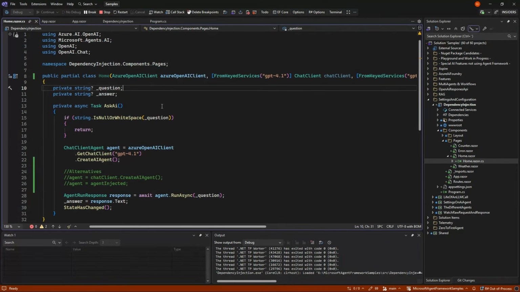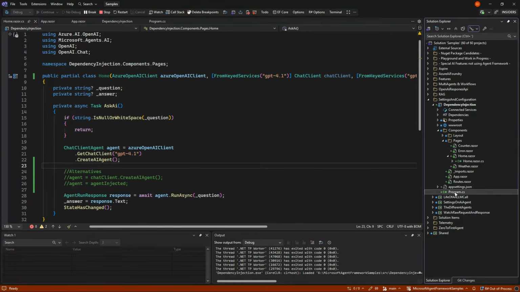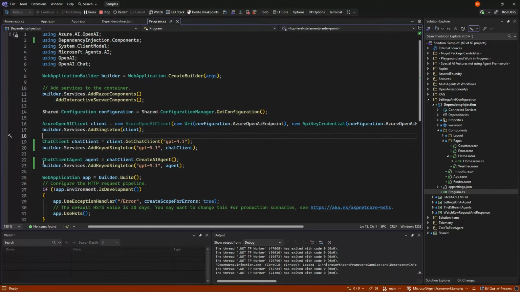But you might say, why in the world are you still doing this directly in the code? Couldn't we just get one of these in dependency injection? And we could also get one of these if we wanted to. But I would not do that in my case, but I have in the sample here done it. So I've just made the same thing here. But as you can see, the model is here, meaning that this chat client would only work with ChatGPT 4.1 in this case.